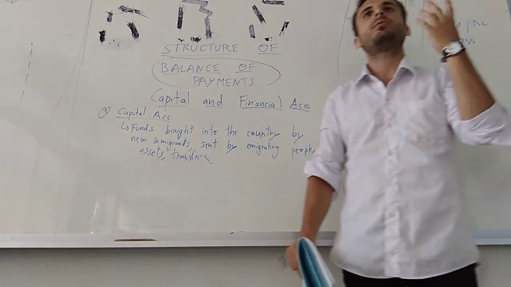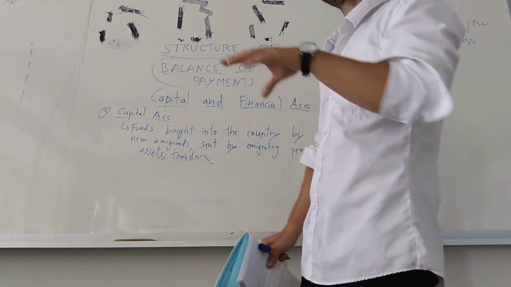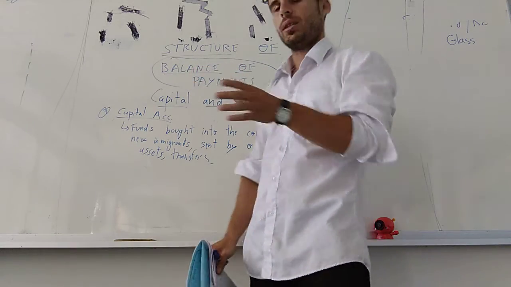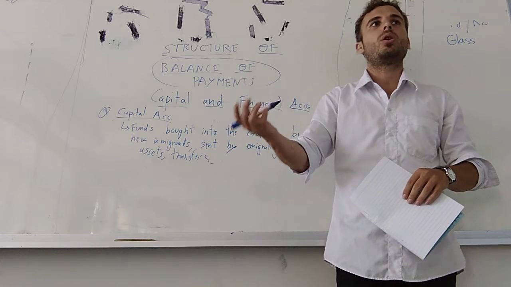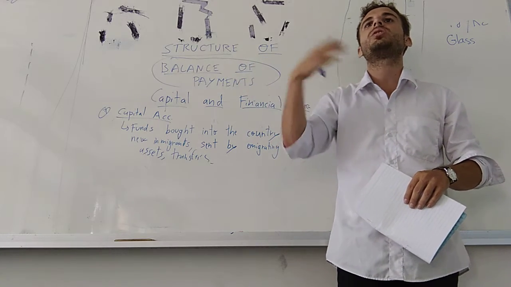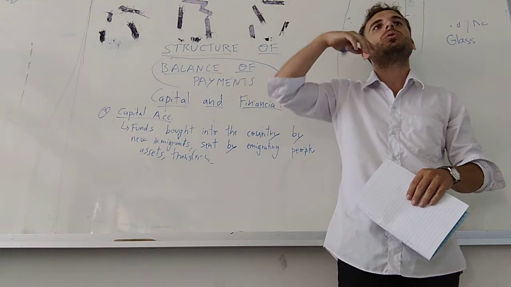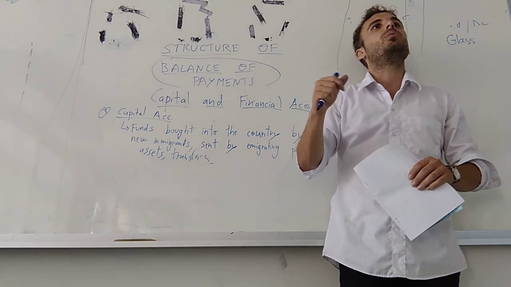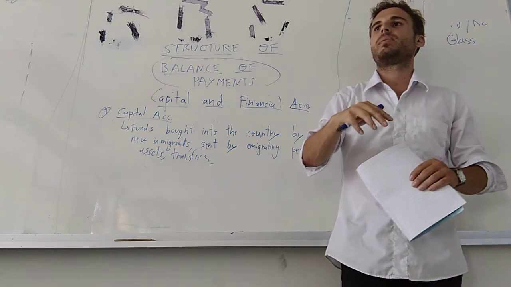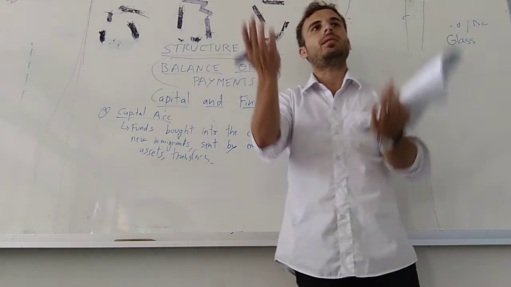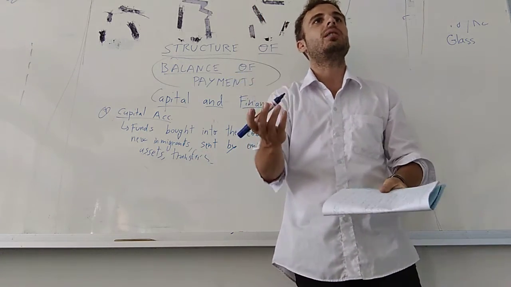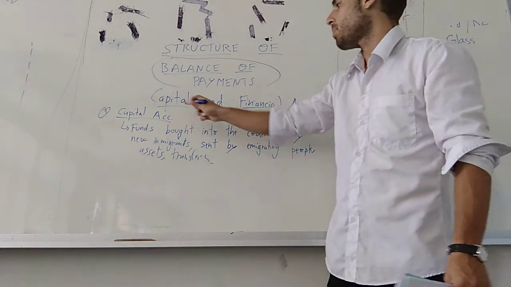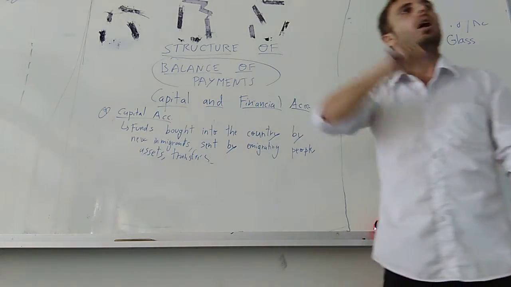So if we have a current account with negative numbers, it means it's a country which consumes more than it produces. Or it's a country that buys from abroad more than it sells. Or it's a country that sends more funds than it receives. So it's a kind of inequality, you know. You have to subsidize this lack of money. What the capital account is going to show you is how you subsidize